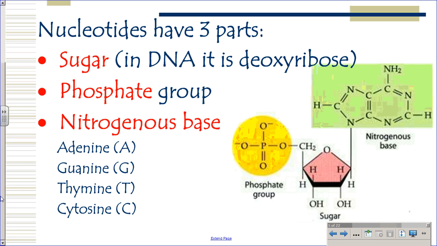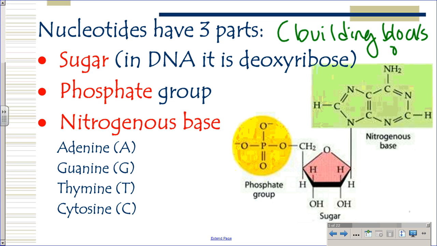But what I would draw is, all right, so I've got this. Let's do the sugar because I'm going in order. Nucleotides are the building blocks of DNA, okay? So the building blocks of DNA look like this, but they have 3 parts. Write down what you need to, but you should be writing or drawing something. If you're a writer, you've got to write everything down, so be fast.